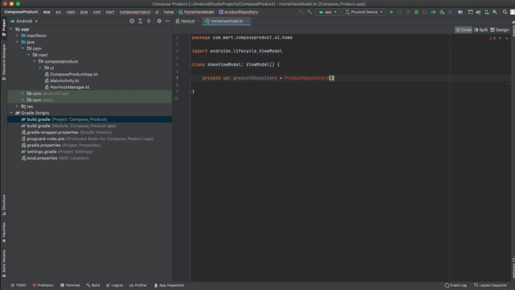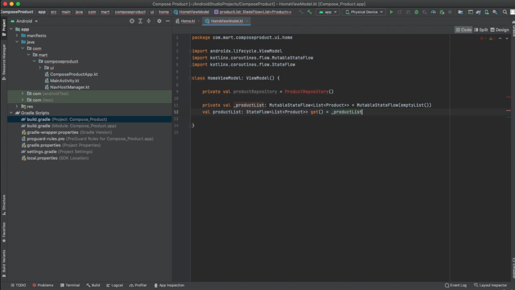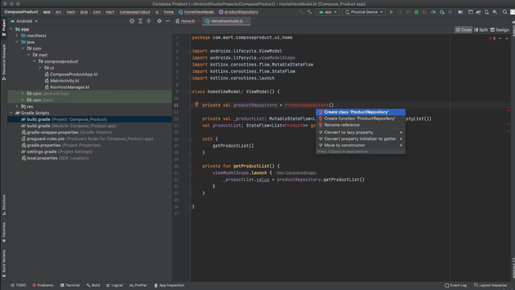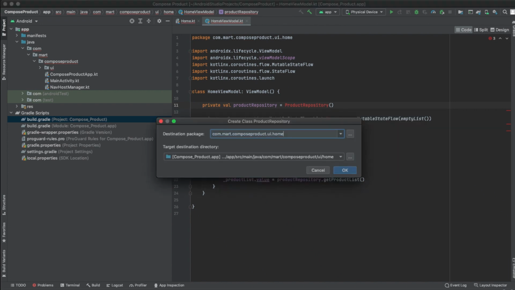Product repository to initiate different operations in manipulating our database. Product list variable, it will automatically notify the views when data changes. We call getProductList function on first initialize to load the list. Now, let's create the product repository in